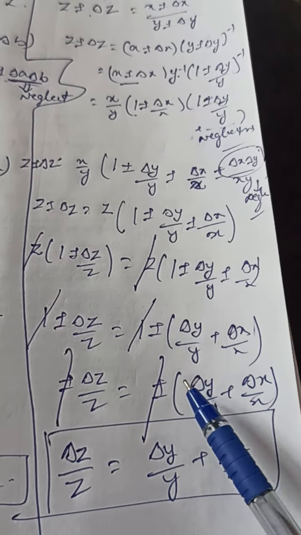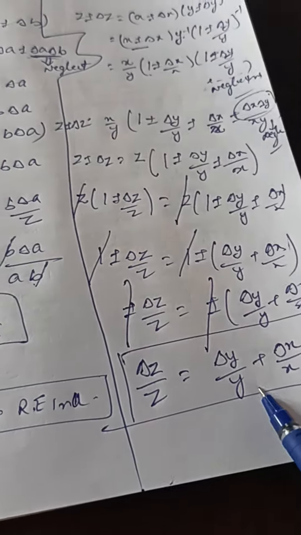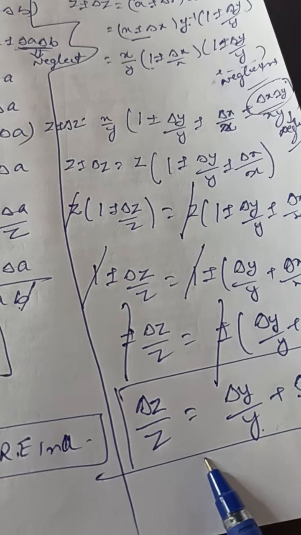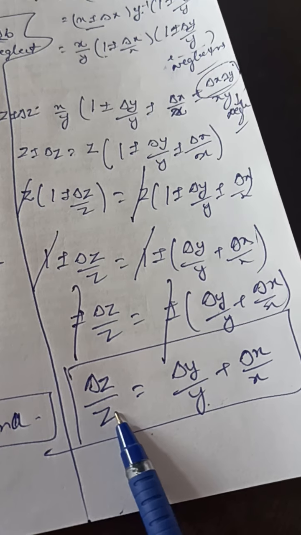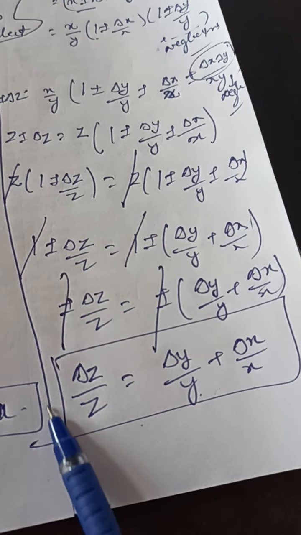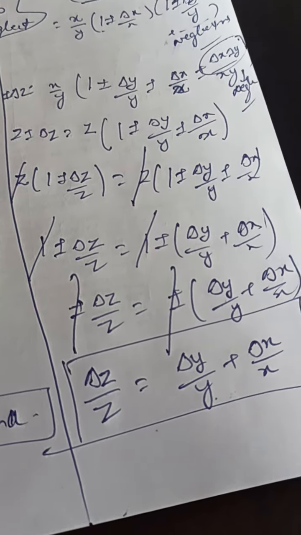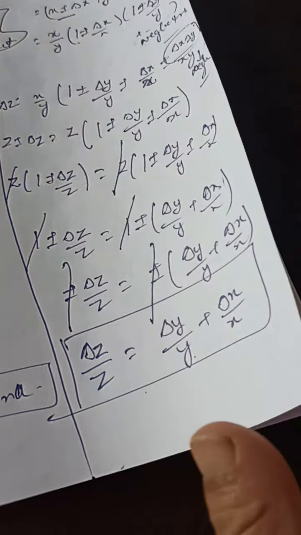Whenever we are going to multiply or divide two terms, in the final result we will calculate the relative error, and the relative error in the measurement or in the answer will be equal to the relative error in the one physical quantity plus the relative error in the second physical quantity. Clear? Now the third case is